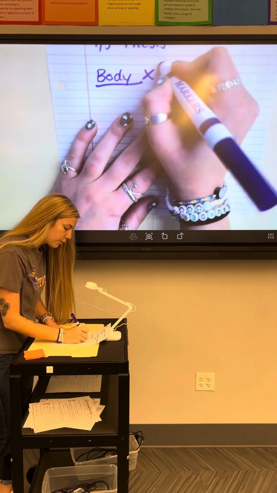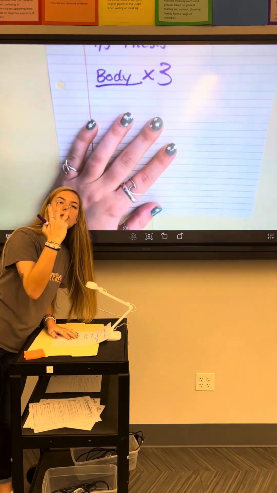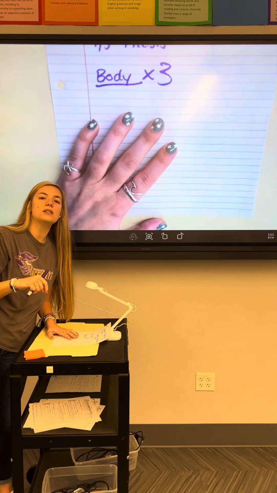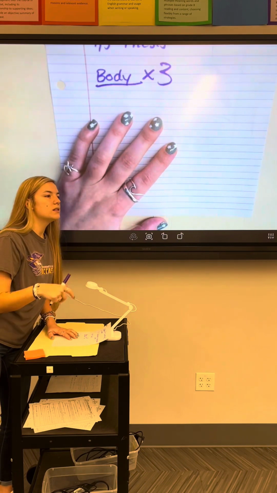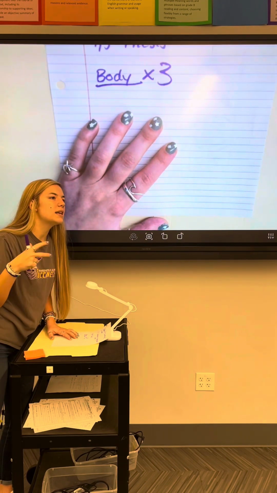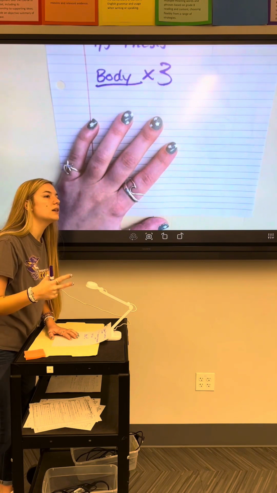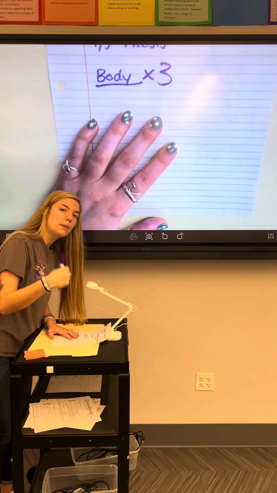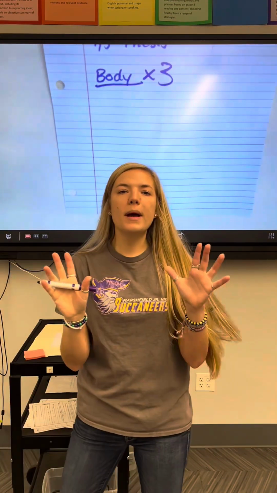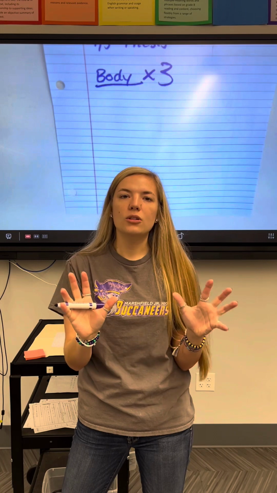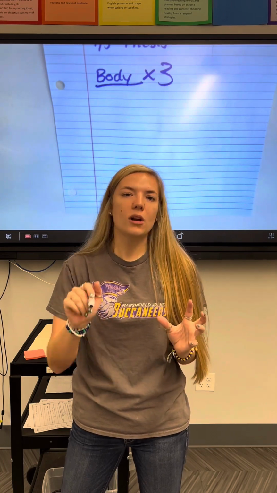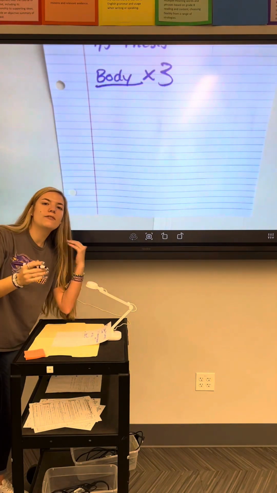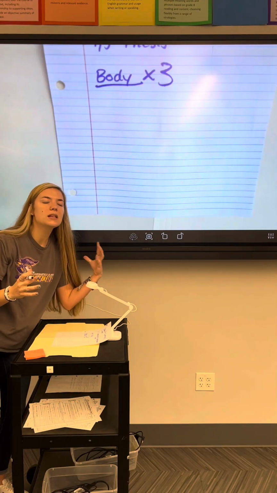You should have 3 of these. There should be 3 body paragraphs. And they go in the order that you listed them in your thesis. So if you said, this essay will discuss an endangered animal and its habitat loss, topic idea 2 and topic idea 3, the habitat loss, because you listed it first, will be your first body paragraph. Now, if you mess this up, it is okay. You do not have to erase everything on your paper. Just draw some arrows, all right? Easy fix.